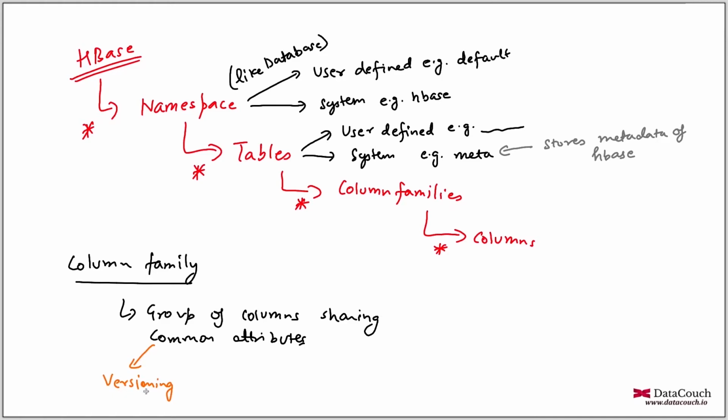So what is versioning? Let's say I want to go back to the previous version of my profile picture. It's not there in Facebook, but you can implement it if you are using HBase functionality. This may be required for profile pictures, or for some attributes where you want some historical information to be stored and you want to revert the recent information and roll back to the previous versions. But we don't need versioning in the case of date of birth, because date of birth will never change. So we don't want to roll back to another date of birth, right? Versioning is required in some attributes, and not required in another set of attributes.